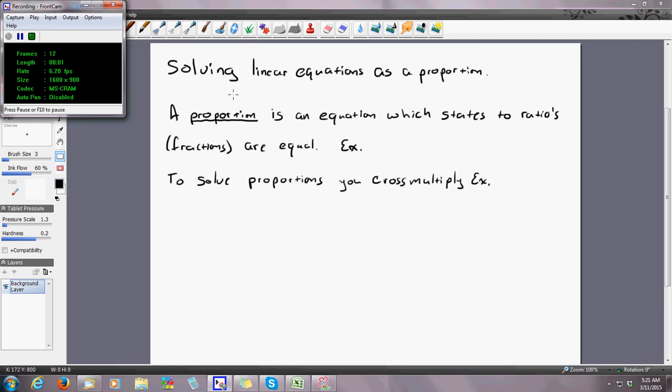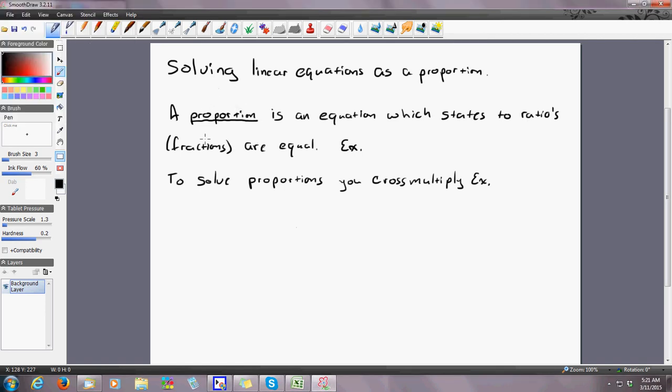Alright, so today I'm going to set up a linear equation and I'm going to solve it as a proportion. And what you need to know is a proportion is an equation